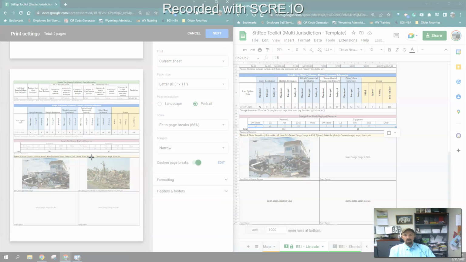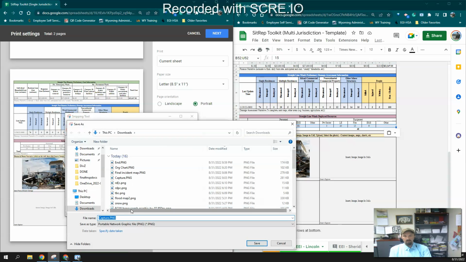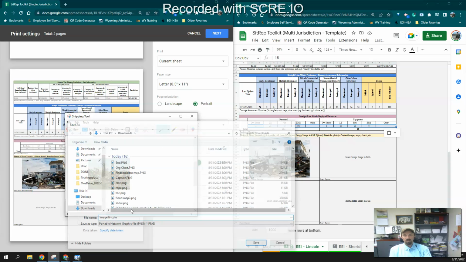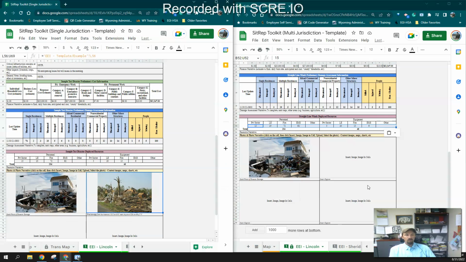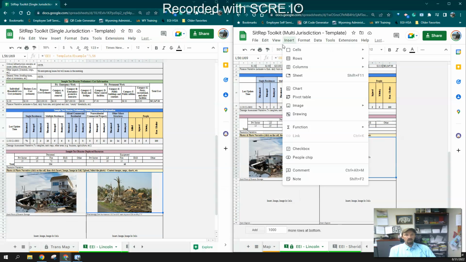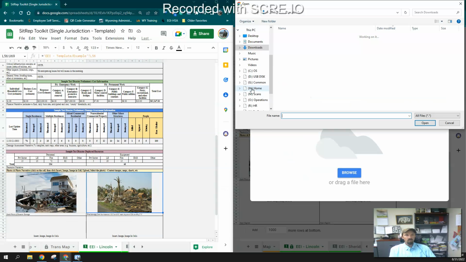We'll go to the screen capture, right, or snipper tool. We'll grab that, save it, right, go through the motions, image, Lincoln, and we'll just back out over here, insert, right, image in cells, browse, right, and then we'll just grab that